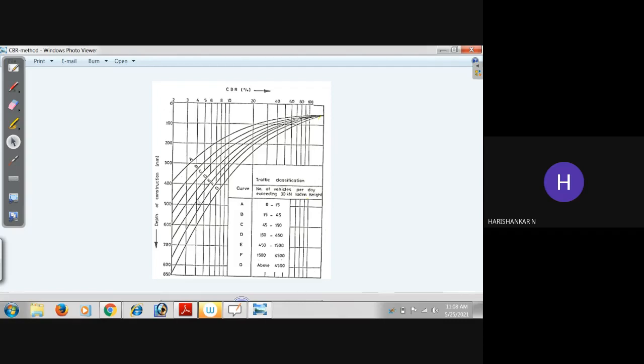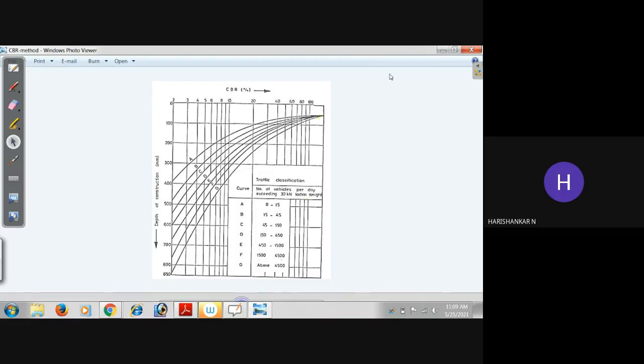Okay, somewhere around 480 millimeters. You can use your ruler to locate the exact point. So for 480 or so millimeters, you are getting the thickness. Here you have only this graph, and if you want to find out the component layers, then you have to find the CBR ratio for all the individual components.